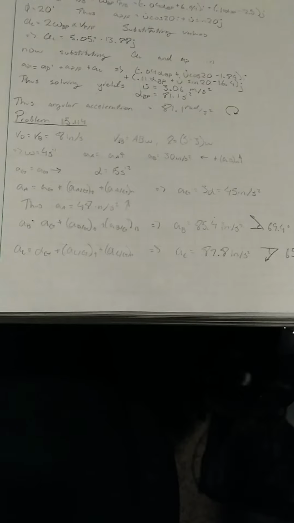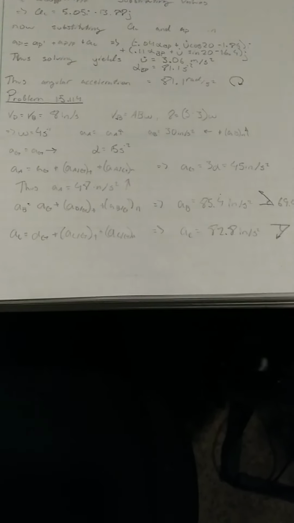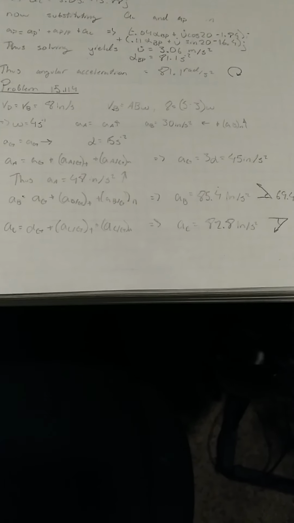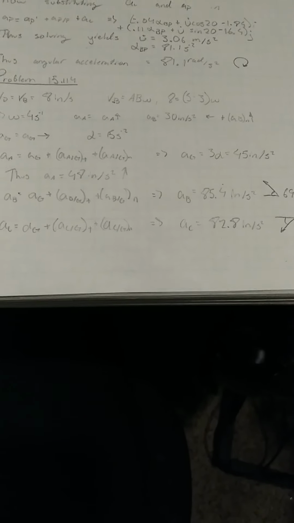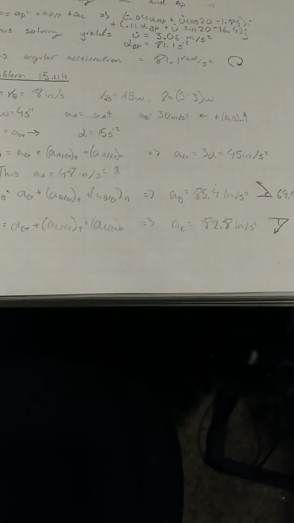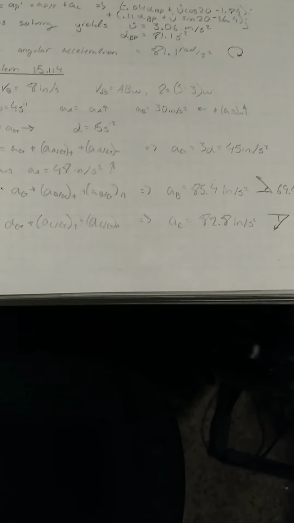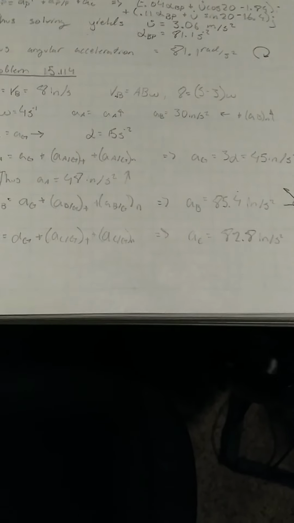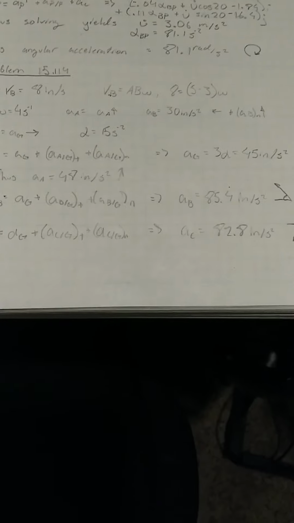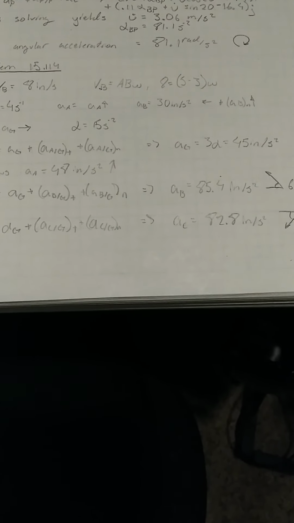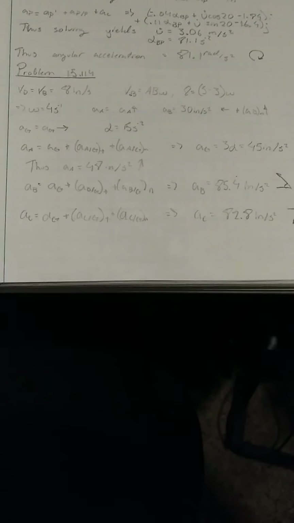Alright, so we've got problem 15.114. A 3-inch radius drum is rigidly attached to a 5-inch radius drum as shown. One of the drums rolls without sliding onto the surface shown, and a cord is wound around the other drum. Knowing that at the instant shown the end D of the cord has a velocity of 8 inches per second and an acceleration of 30 inches per second squared, both directed to the left, determine the accelerations of points A, B, and C of the drums. So we start out with our equation,